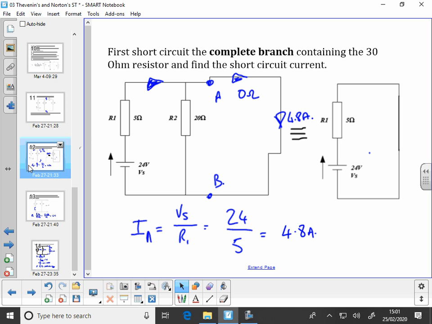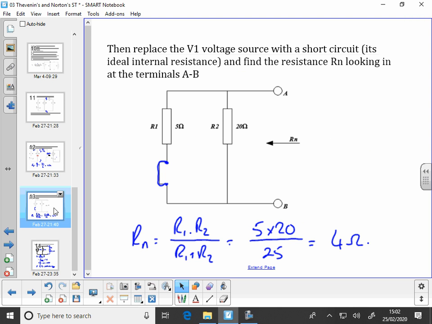We then short out the two terminals A and B and calculate the short circuit current flowing. That may well mean the circuit is much simplified because of the short. You need to look at what resistors you're shorting out. In this case, we're shorting out the 20 ohm resistor, so it's not considered in the analysis. Calculate the current flowing in the short as your IN, and then, the same as Thevenin's,